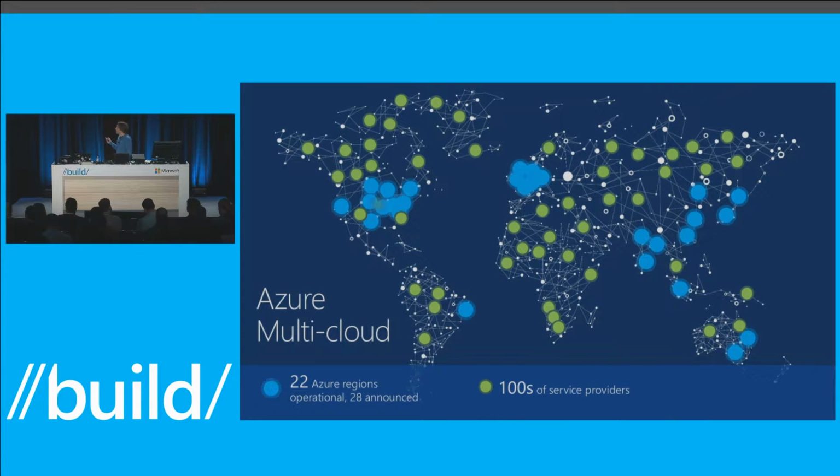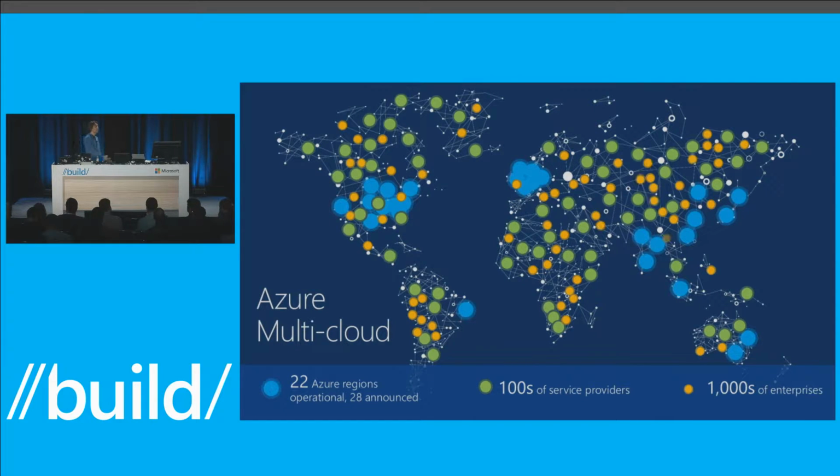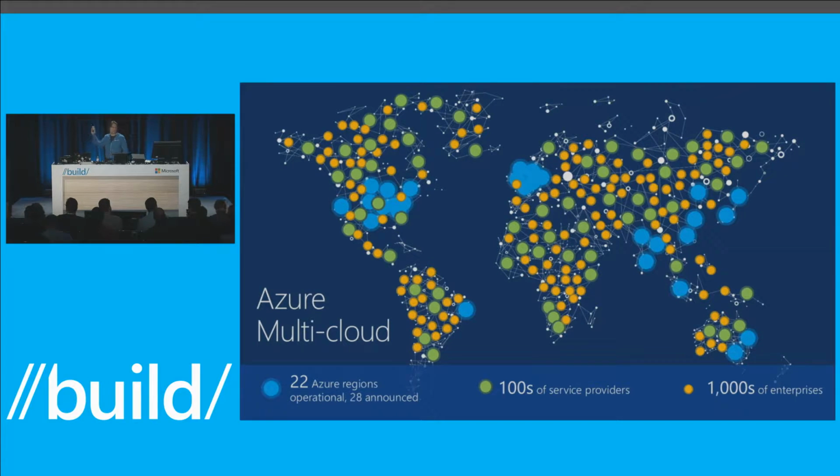With Azure Stack, we're actually enabling service providers, hundreds of service providers, to actually instantiate their own versions, their own instances of Azure Cloud on their premises, right? So even more. And then enterprises can actually set up their own private versions of Azure clouds. And so that makes another thousands of these instances of the cloud. So now, if that's what you have to develop an application for, to live in that world, how do you do it? So that's kind of the purpose of the session, to just explain how do you actually live in the world of multiple instances of clouds.